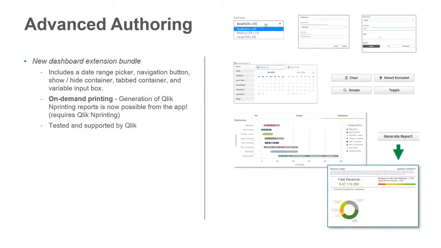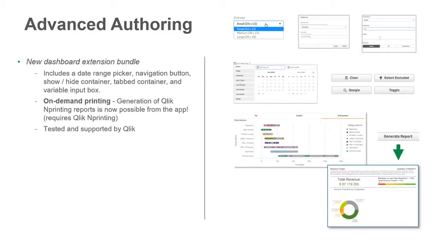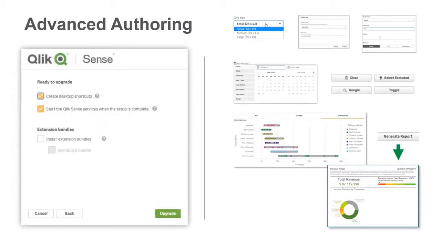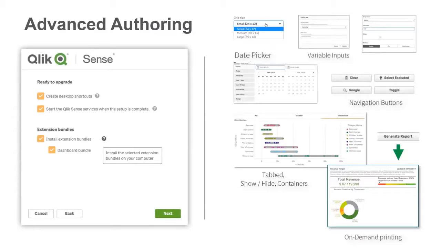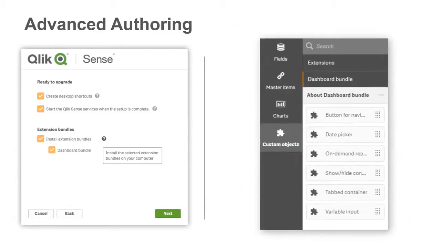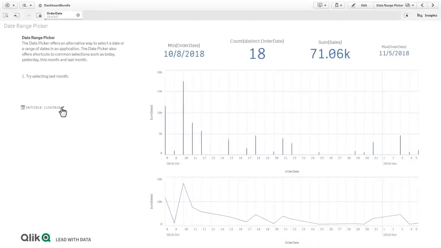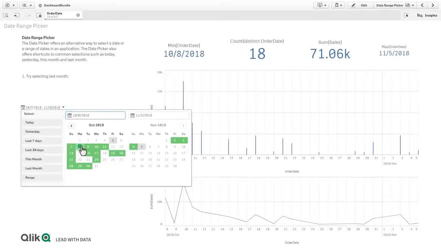The first one I want to cover that I'm truly excited about, and I'm sure you will be too, is our new optional, fully supported dashboard extension bundle. When installing Qlik, you now have an option to include this package with your installation. If you choose to, you will have additional interactive components available in the Custom Objects section when designing your Qlik apps. We have included a date range picker, so now you can easily select dates for the desired time frame